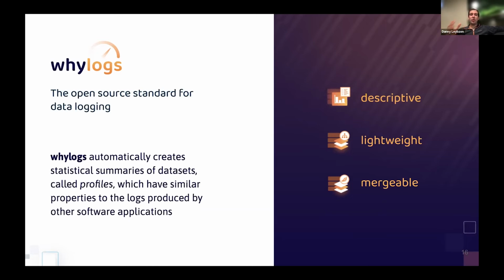Now, one of the cool things about the WhyLabs library is that we built it with three key value propositions in mind. The first is that WhyLabs profiles are descriptive, right? Which makes sense. It's a statistical summary of data, so it needs to be able to describe that data. Now, what's really important about this descriptiveness of WhyLabs is that they're actually more efficient in their description than the other classic summary technique, which is sampling.